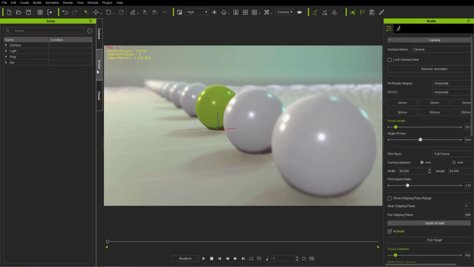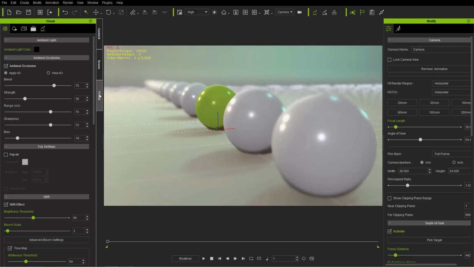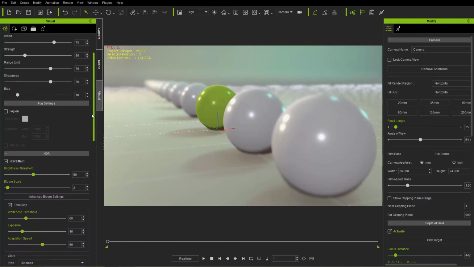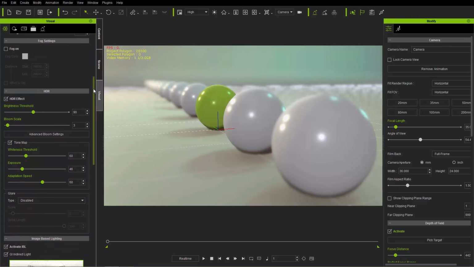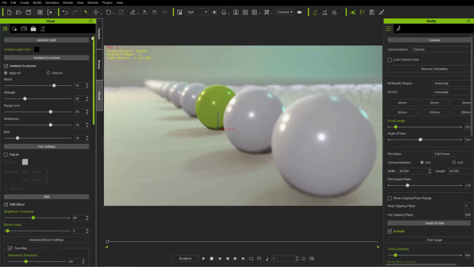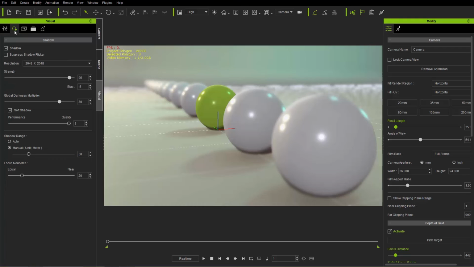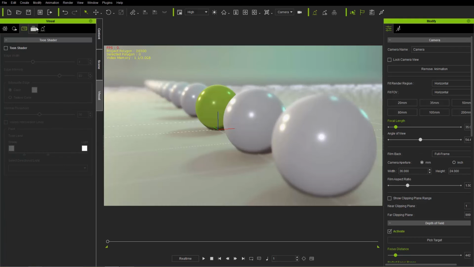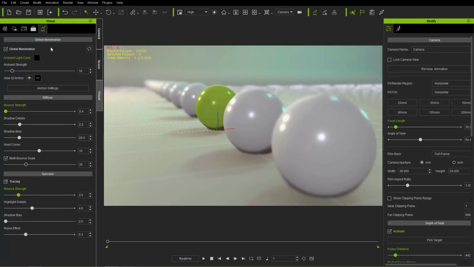Okay, now beyond the scene manager, there is the visual tab here as well. So the visual tab is for when you want to really enhance the visuals in your scene with stuff like ambient occlusion. Okay, well, there's fog, there's HDR effects, there is image-based lighting or IBL. All this stuff can be found in the visual tab. Anything that visually enhances your scene can basically be found here. There's also the shadow settings and Toon Shader, as well as the effects, your post effects you can add onto your scene, as well as global illumination. Very important to know. And we talk about that in much more advanced tutorials.